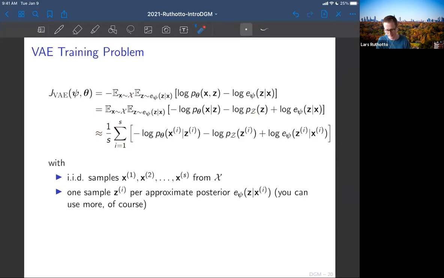For every x_i, I draw a z_i. Of course, you will have access to the code in a little bit. You can use more if you like, but that is what everyone is doing. I want to reflect what everyone's doing. I'm not so invested in VAEs, and by far not the most VAE expert, but apparently the rumor on the street is that that's a great idea. To give it just some justification: whenever you use SGD, what you're worried about is to get an unbiased estimate of your gradient.